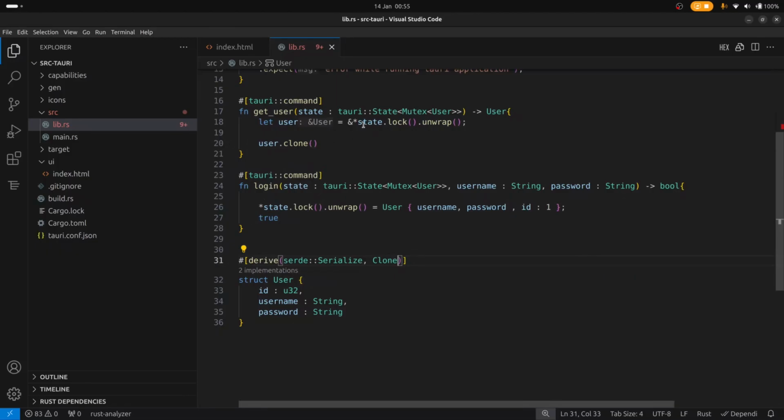So just to be clear, what we've done here is we've accessed the state. Because the state is in a mutex, we've unlocked it, and we've just unwrapped it to handle the result, which would have given us a mutex guard. Once we have a mutex guard, we dereference it, and we need to get a reference to it, because simply dereferencing it would have moved the value out of the mutex, and we can't do that. So we get a reference to it, and then we clone that user so that we can return it. So now if we go back to our front end,